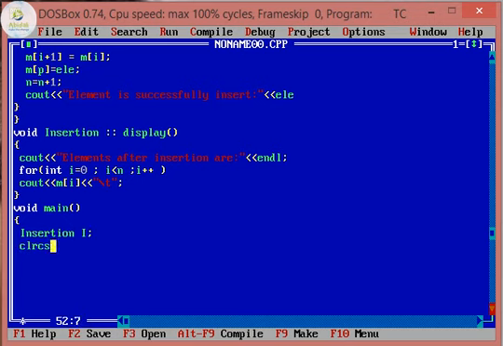Clear the previous output window with CLR SCR, then I dot first function get data, then I dot insert, then I dot display is the function that we have. Then getch, closing the main method. That's about the program.